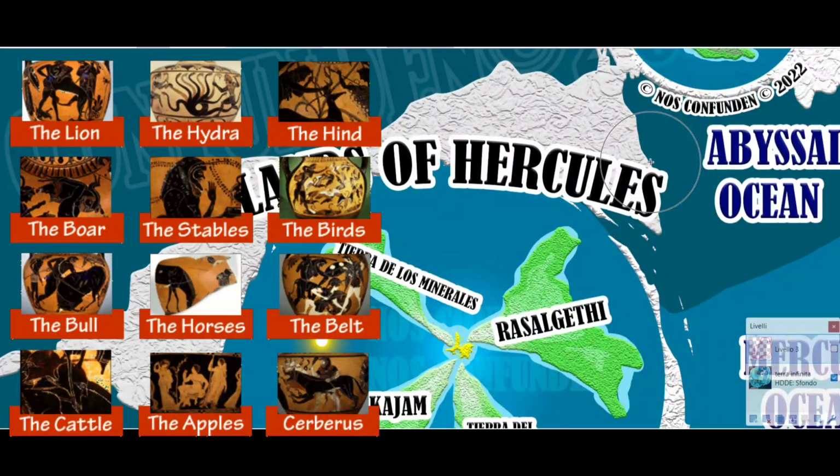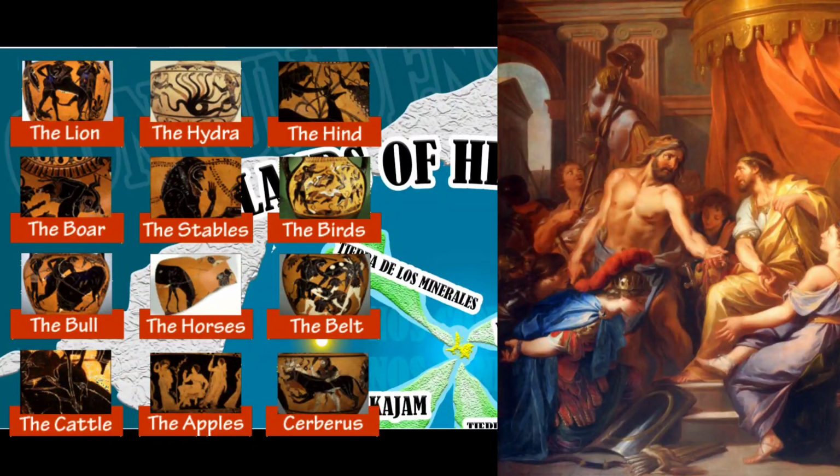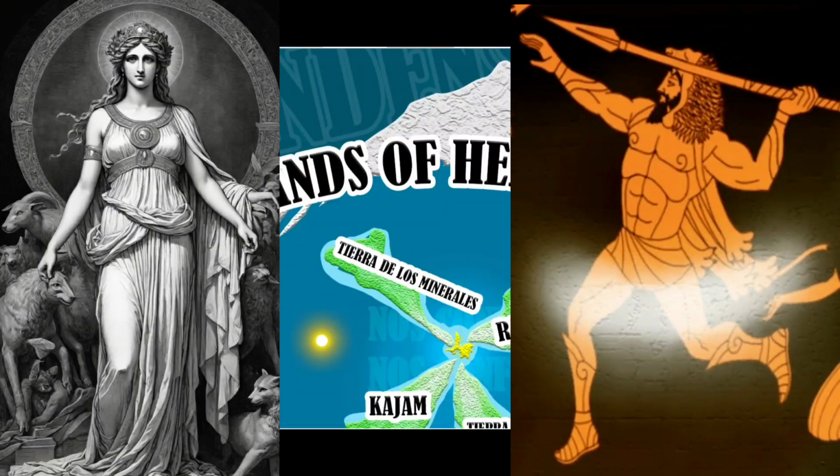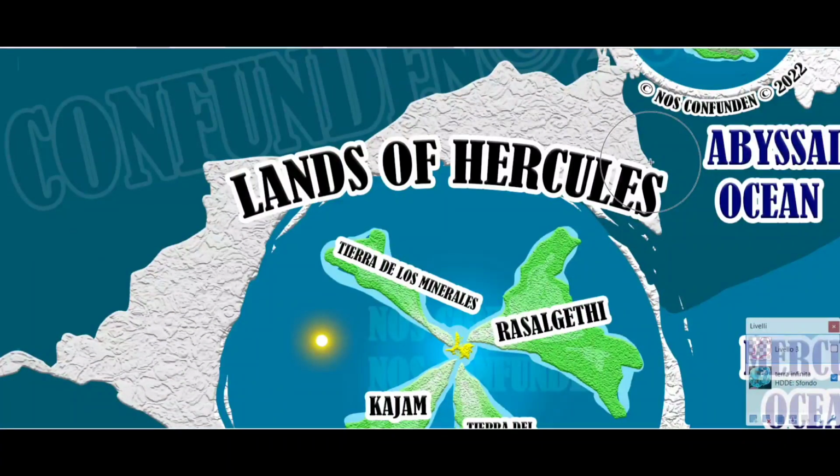is bound to do 12 labors for a king of a certain Greek city called Eurystheus, and Eurystheus commands him to do these 12 labors so that he can redeem himself after he killed his wife. Although the killing of his wife was not done by Hercules under normal circumstances. In fact, it was the queen of the mythological gods of ancient Greece, also called Hera, and she basically made Hercules go mad and kill his family because she found out that Hercules was the son of Zeus, the king of the gods, and also of a mortal, which, Hera being the wife of Zeus, she really didn't like, you know, the cheating.